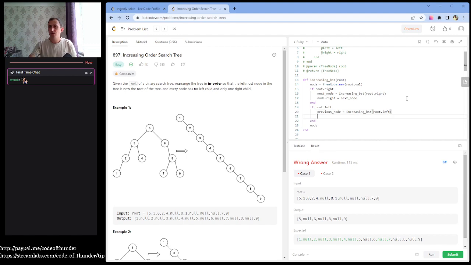But also, how do we connect this previous node with our main node? We have 5, 6, 7 and what? 5, 6, 8, 9. How do we connect it to our 4 or 3 or 2 or 1? Well, our previous node